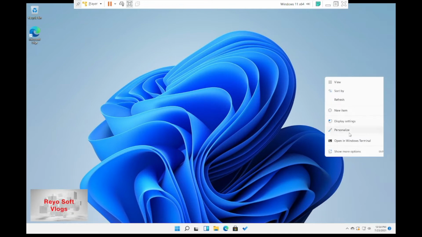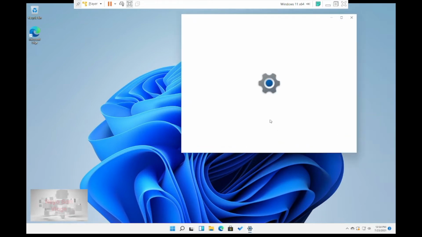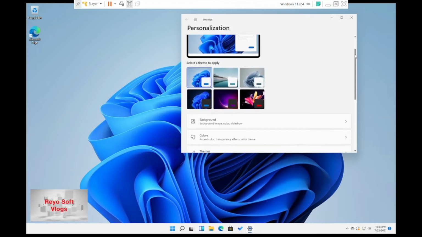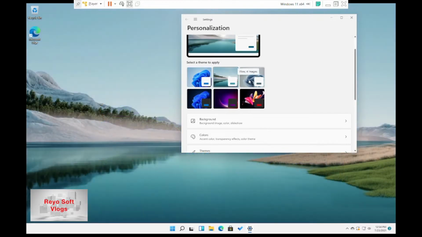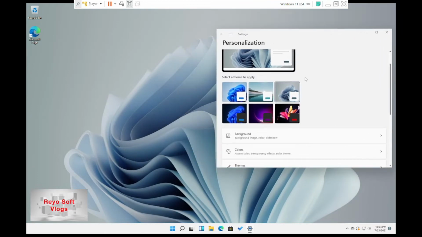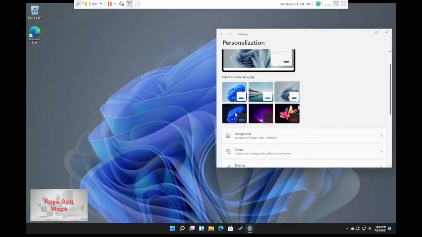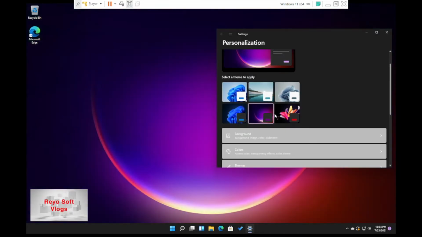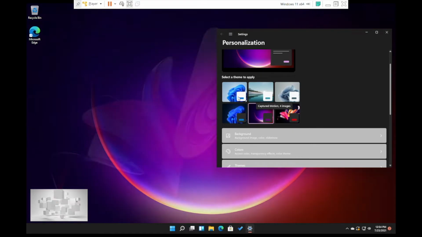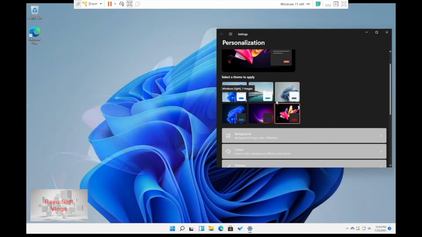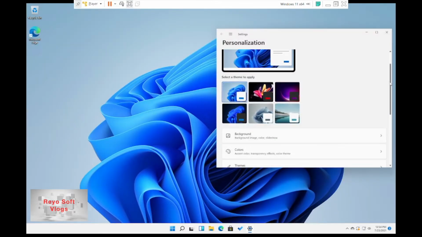You can see how we can personalize Windows 11. So right click on desktop and go to personalization, and you can see there are different options to personalize. We will personalize the theme first. You have different backgrounds. You can select the backgrounds. As you select the backgrounds, the background will change from the list. You can see there are so many backgrounds and background will change, and you can set which background you like the most. There is a dark mode also, so you can set it.